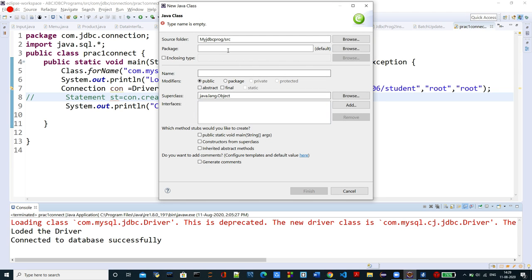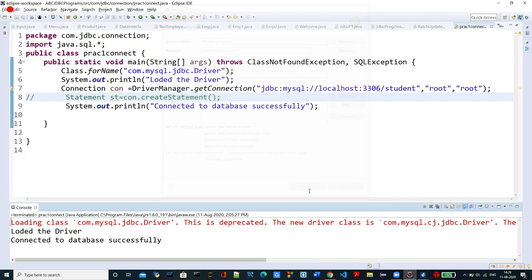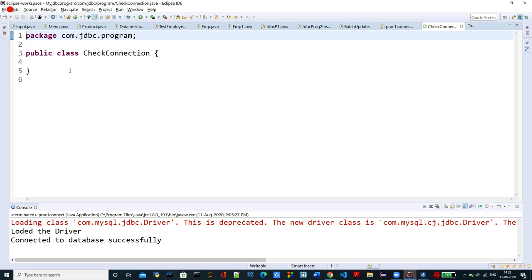And I'll give it a package name, let's say com.jdbc.program, and I'll give it a name, let's say CheckConnection.java. So this is my first program.